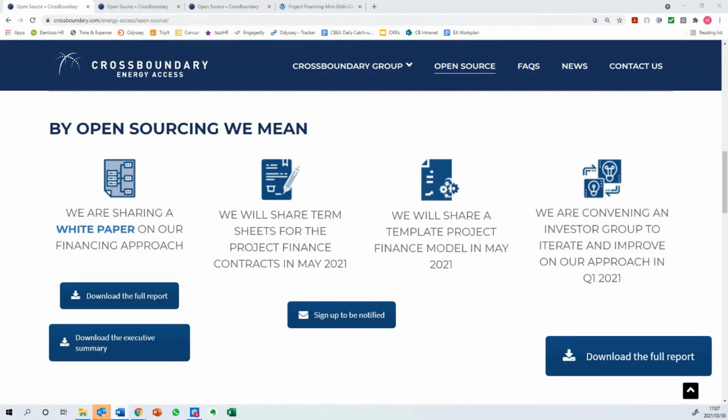These term sheets are really critical in that they align the incentives between the owner and the operator. And this can be a really challenging part of developing, not only the relationship between the owner and the operator, but really making these contracts bankable and something that can work over the long term.